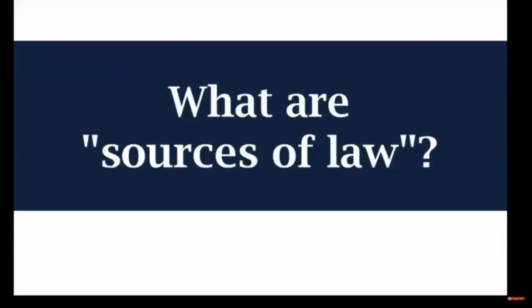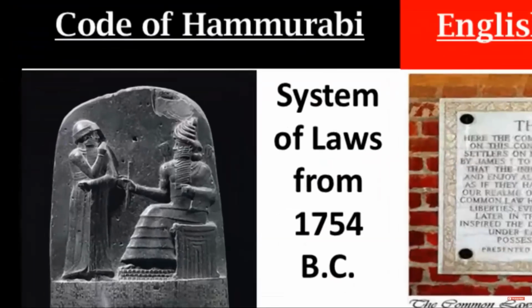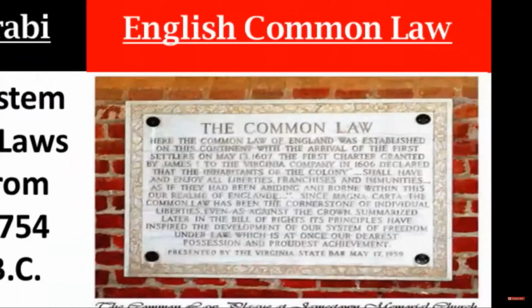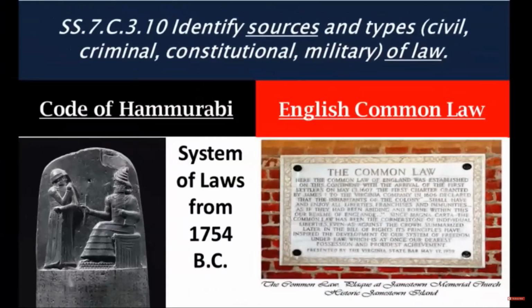What are the, quote, sources of law? Remember, a source means where something comes from. So sources are where we got our ideas for laws. We talked about the history of laws that can be traced all the way back to the Code of Hammurabi thousands of years ago. We are a country that was also influenced by English common law, in which precedents or rulings of previous court cases help us establish our own court system. So you might see a question with these and other things like the Code of Justinian or another old system of law, and your answer to the question would be, these are sources of American law.